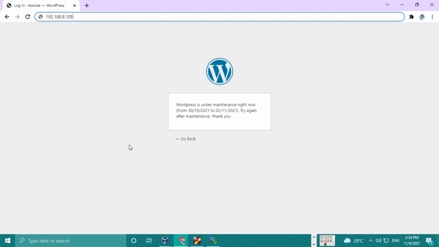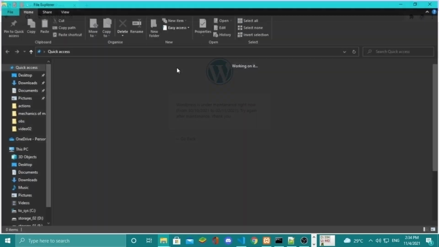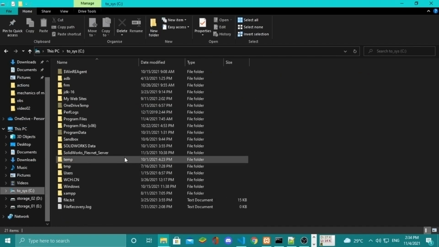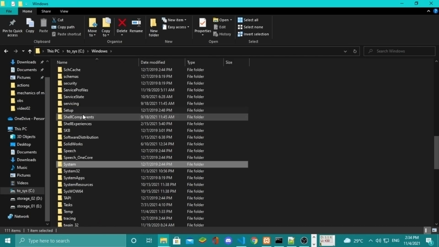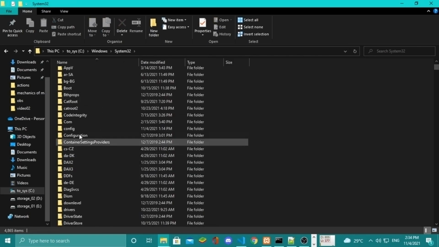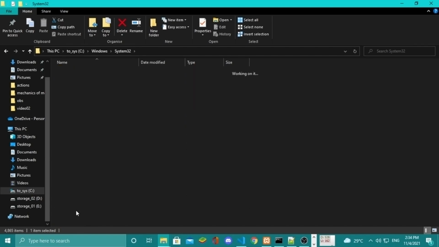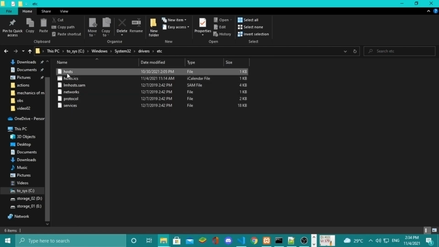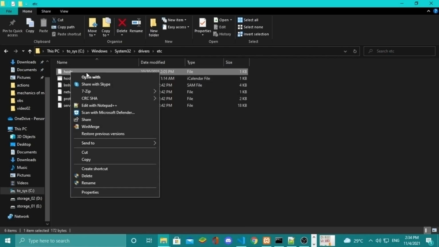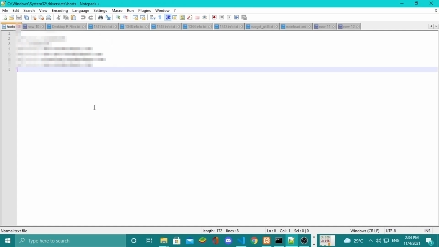To do that, there is a file called the hosts file in Windows and also in Linux systems. For Windows, it is located in this directory. In Windows, go to system32, go to drivers. Here there is etc and there will be this hosts file. Open it with an editor. I'm using Notepad++,